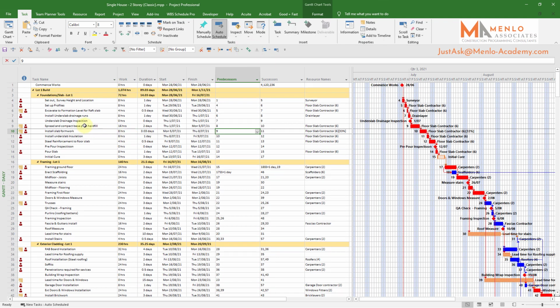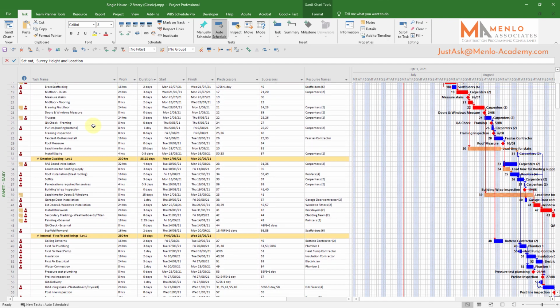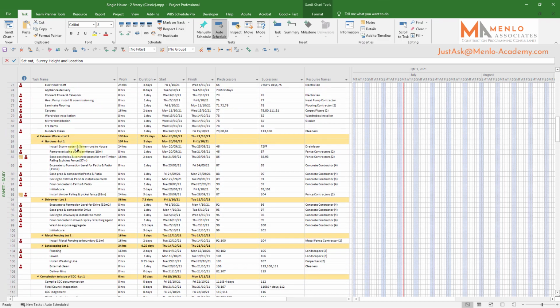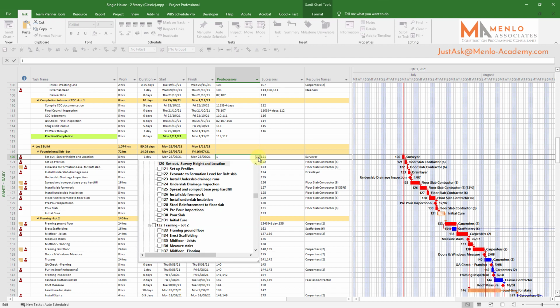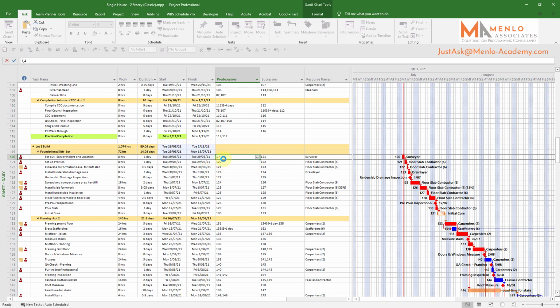So the first thing we've got to do is set our driver now. So as I said, the driver is line 4, which will be the survey. So if I scroll down to now our second build, so the survey now, I need to follow, whereas I've now got it following the start, which is line 1. If I just go up to now, so we want it to follow line 4. Okay,